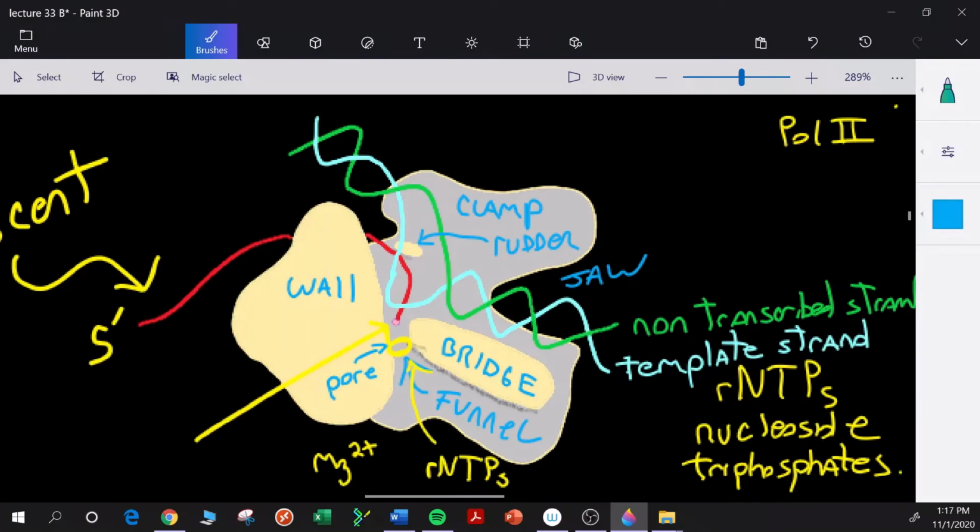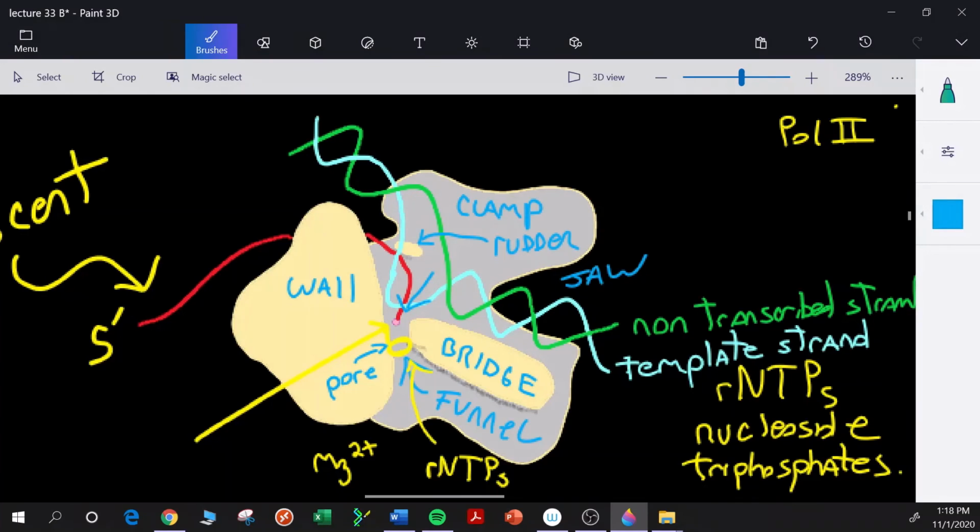So the DNA is unwound inside the Pol 2 complex, and we can see the template strand is being used with the active site, down here, to add an NTP by complementary base pairing to the growing end